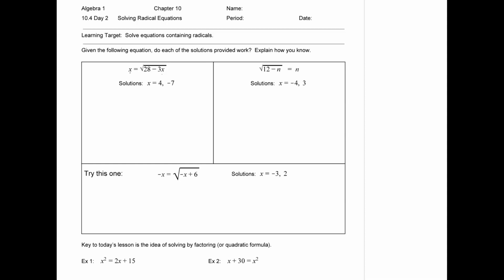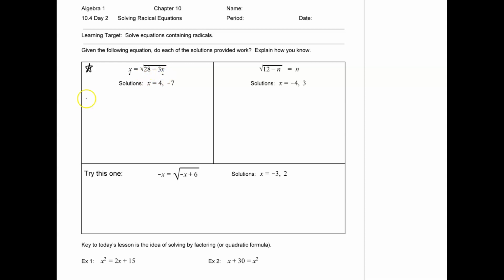It's really important for these solving radical equations problems that you're checking your answers when you're done, because sometimes we're going to do all the right math steps, get some numbers, and then some of them aren't going to work. So it's your responsibility to make sure that they do. So we're down here at this first one right there. We're going to plug in the solutions and see if they work. So we're told that 4 and -7 are what we got,